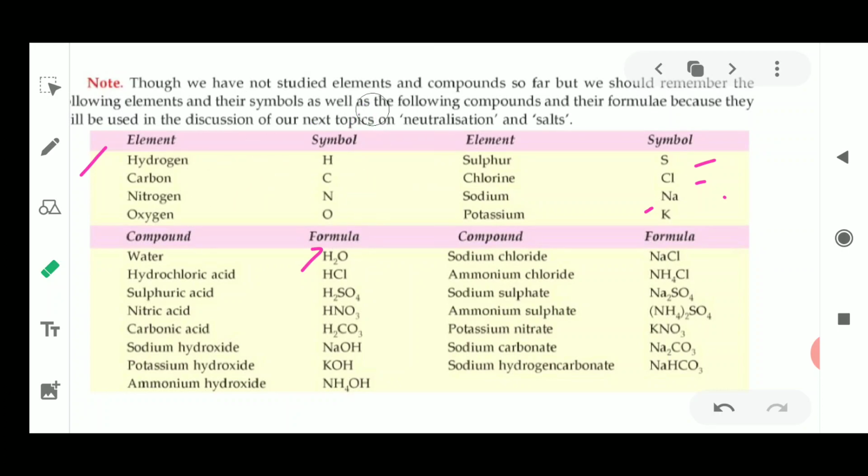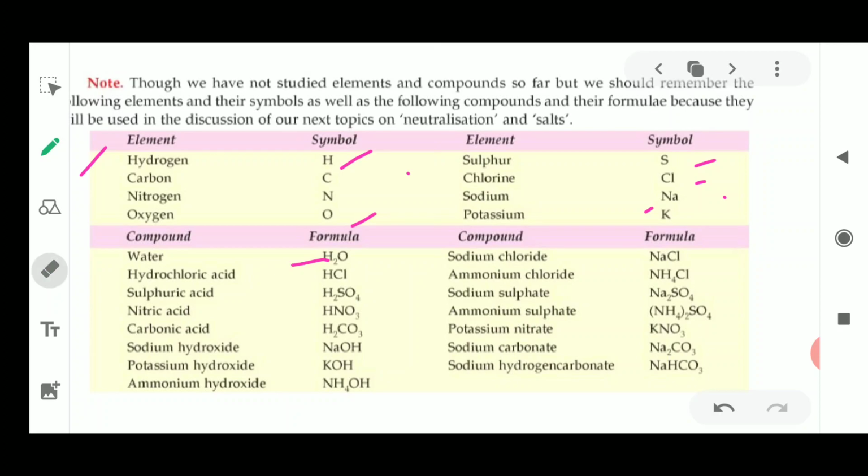So this is how we find the formula by using the chemical symbols. By using these symbols we write the chemical formula. This is how we use the symbols of hydrogen and oxygen, and it forms water, which is written in the form of H2O. Please remember the way of writing, where you have to put 2, where you have to put 4, where you have to write capital, where you have to write small, otherwise the formula will become wrong.